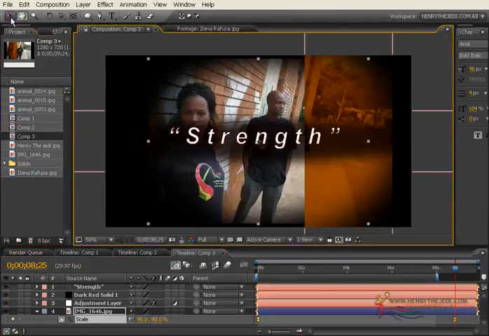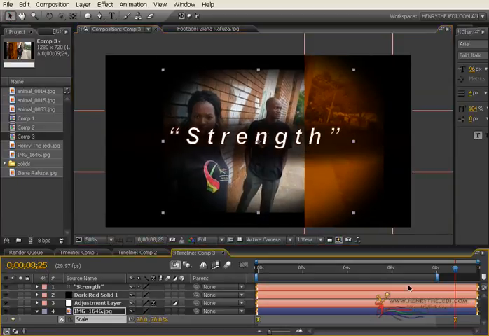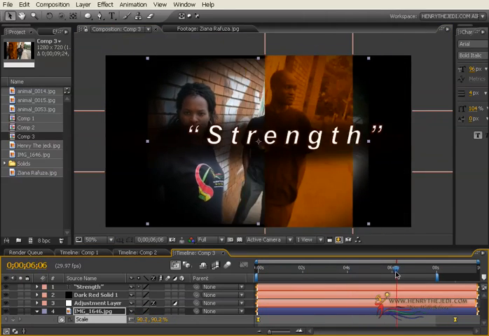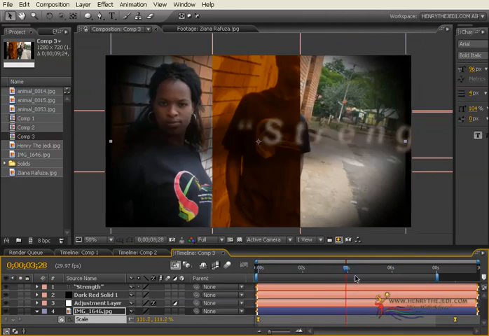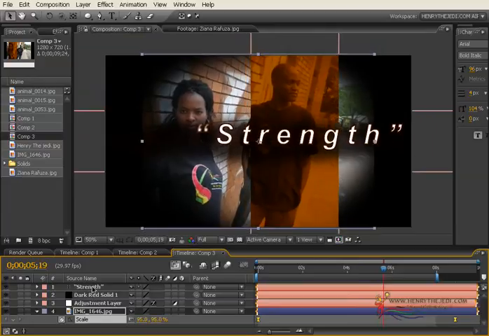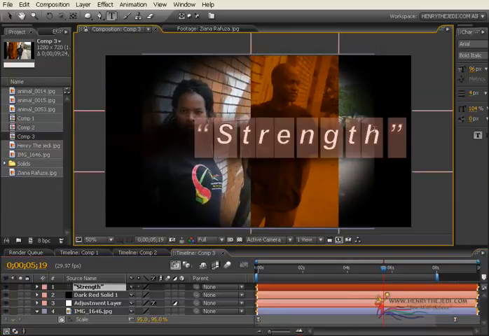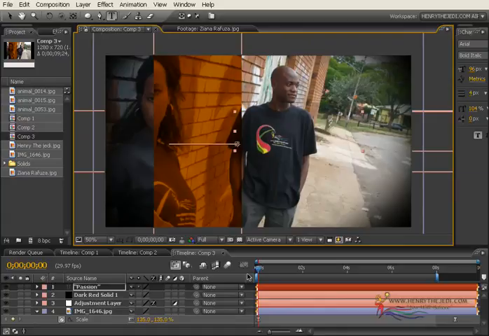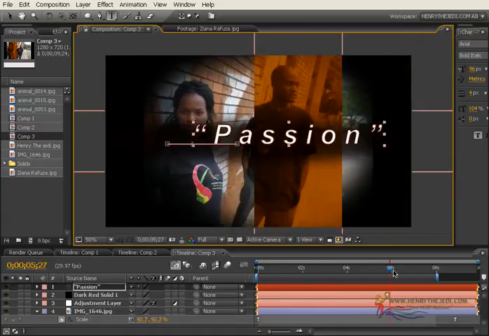Yeah. And I think at the end our scale is still a bit too much, so we're going to scale it down a bit like that, so our layer should begin to animate like that, okay? Beautiful stuff. And in here, instead of strength, we might want, let's see, we are going to have passion. Oh yeah, right here at henrythejedi.com we have a passion for excellence and creativity. So our passion will write itself there.